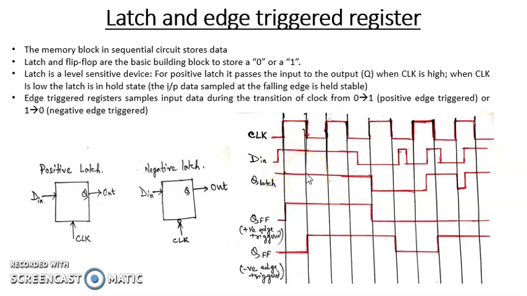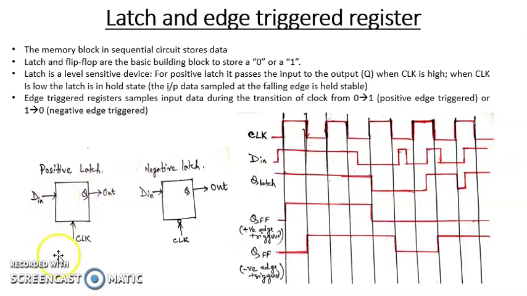When the clock goes low, the value of D at the falling edge of the clock will be held stable during the rest of the phase of the clock. In the next phase of the clock, the clock is high and the input is also high, so the output will also remain high. It can be seen that during the third clock pulse, the input D is low, so immediately the latch output also goes low. So whenever the clock is high, the output will follow the input, and when the clock goes low, the value of the input at the falling edge of the clock will be held stable at the output of the latch.